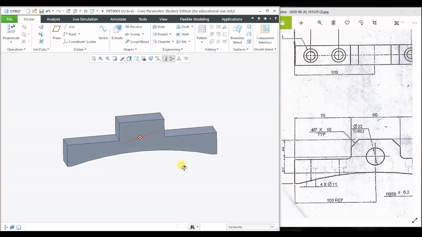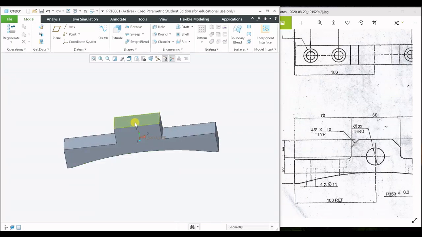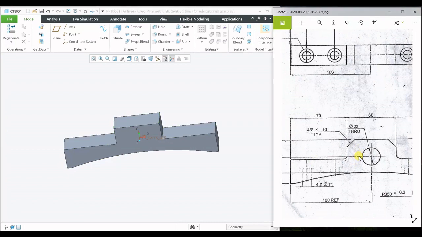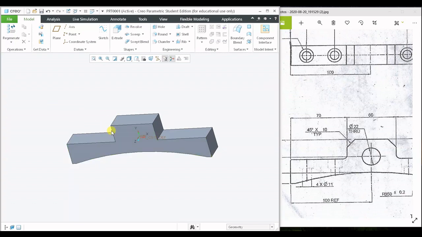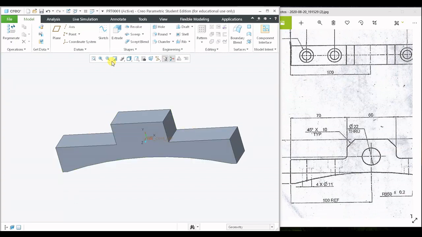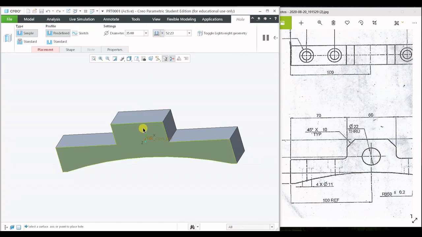So let us create the holes at first, then we can finally finish the product with the chamfer. First let us work with the hole in the front view. And in order to create the hole in the front view, I have to click on the hole, go to the surface where I want to create the hole. So let me reduce the diameter at first to prevent any confusion